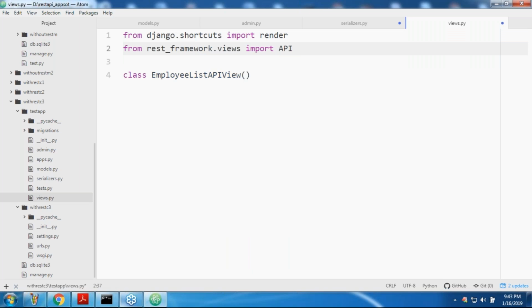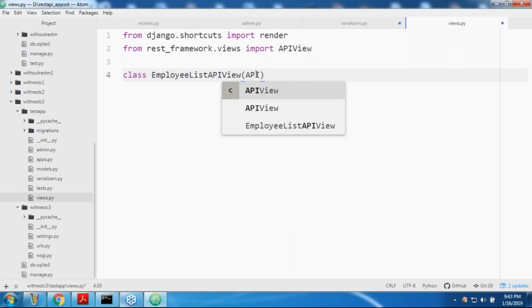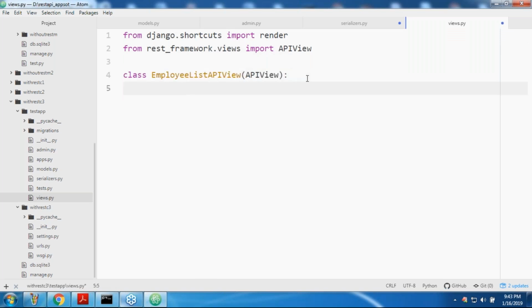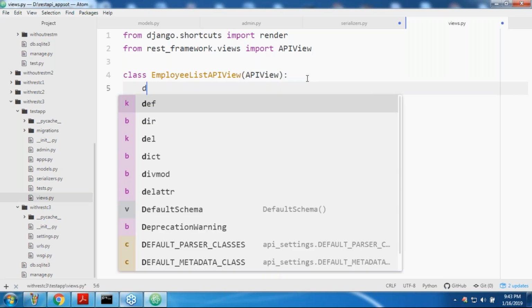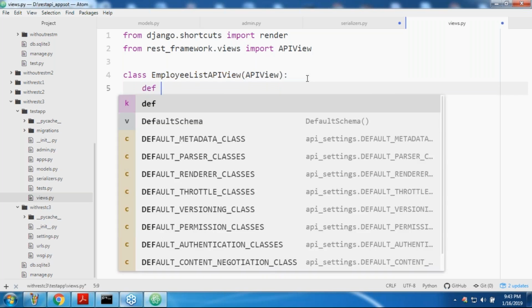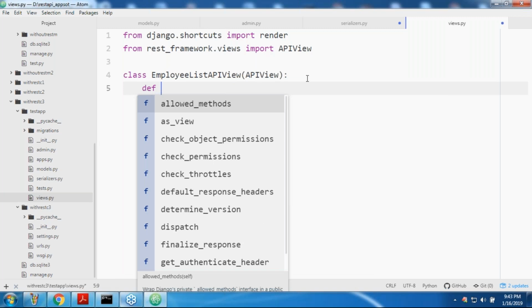Now slowly the concept will be simplified. Observe that still we are not going to utilize the power of DRF. Step by step we are going to do that. Sir, class EmployeeListAPIView. Now I'm taking def. Which methods usually do we have to take? Please confirm. Get method, post method, like this, right?